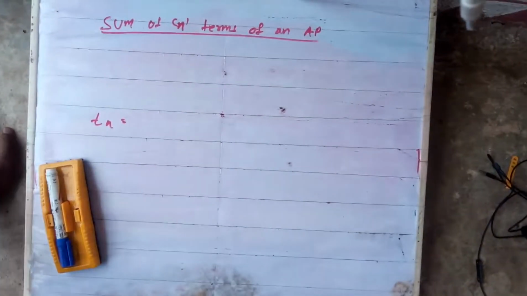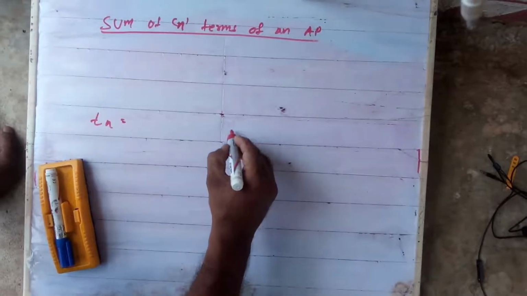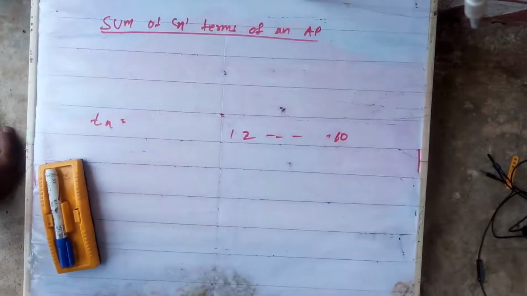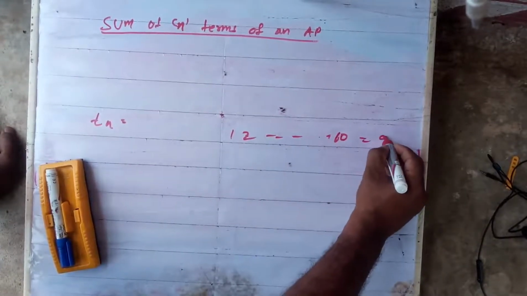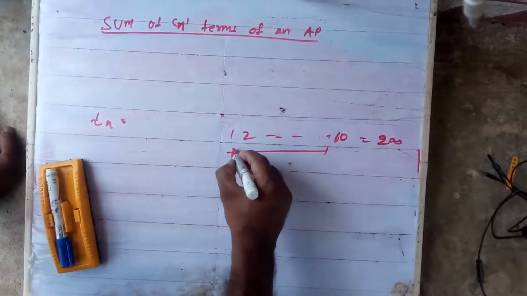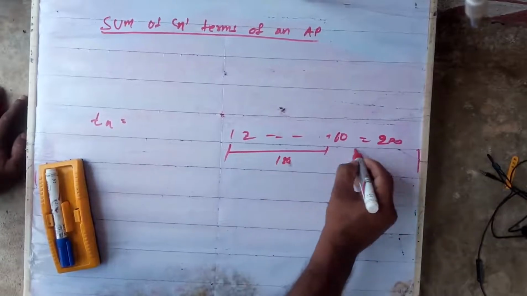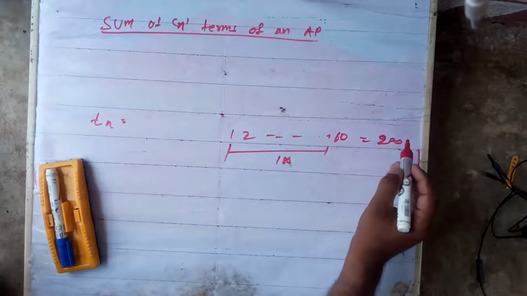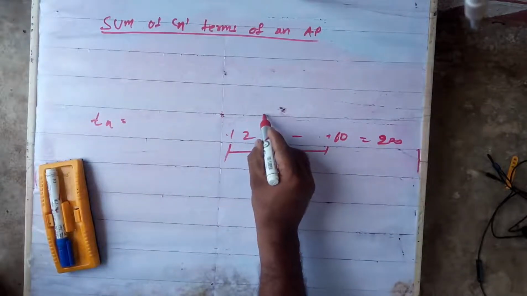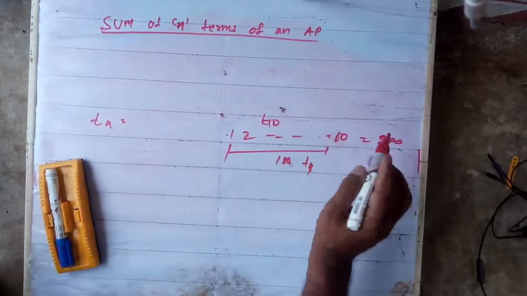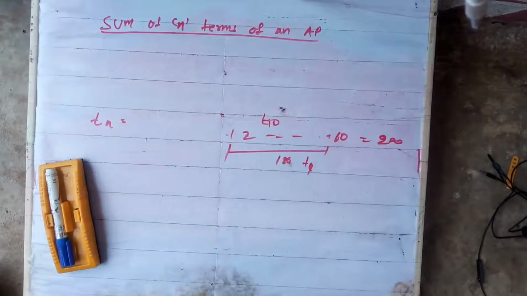Suppose I have marks of 10 students. I know the sum of the 10 students' marks, that is suppose 200. The sum of the first 9 students' marks is 180. What is the mark of the 10th student? 20. Very good. So the 10th student's mark is T10, and the first 9 students' marks is T9. So it is T10 minus S9. Yes or no?